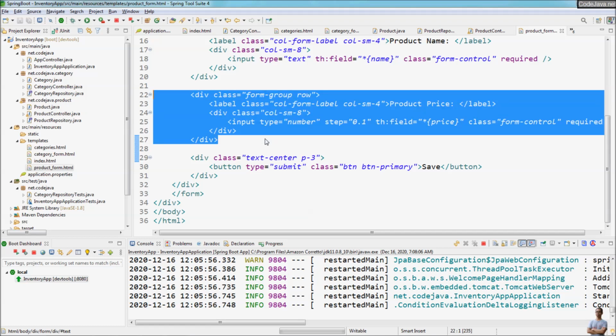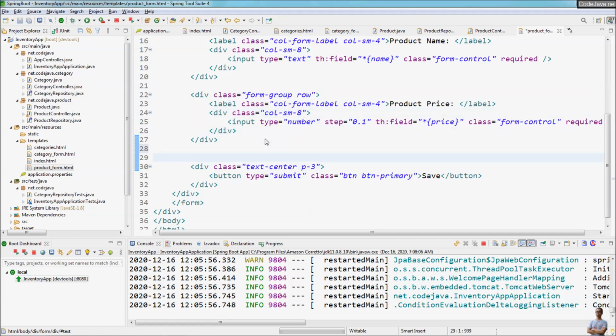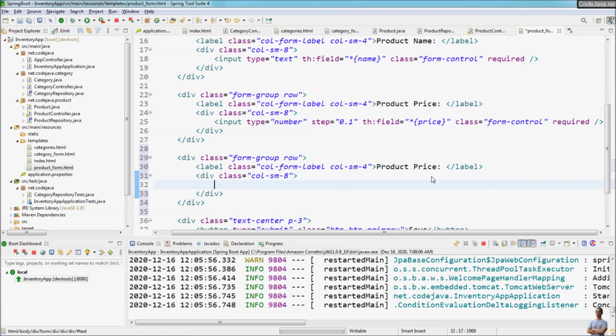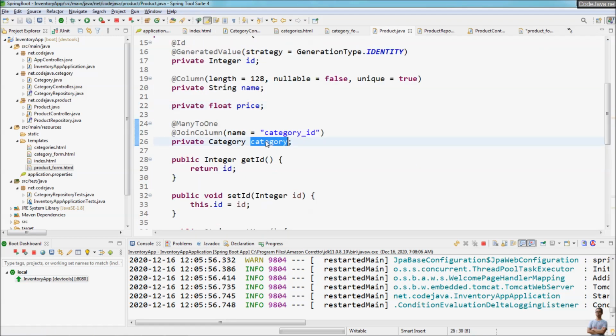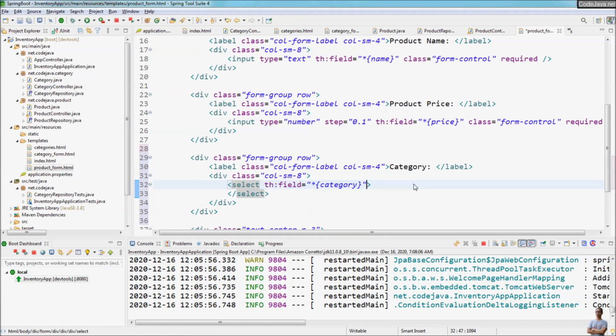So we copy and paste this div section for a new field. Category. And in Thymeleaf, we can use the select field here, th:field that maps to the category field of the product entity class, category here. Okay, and then class form-control